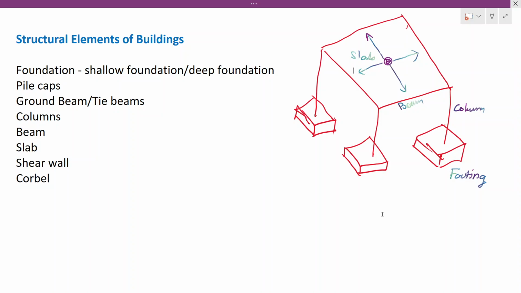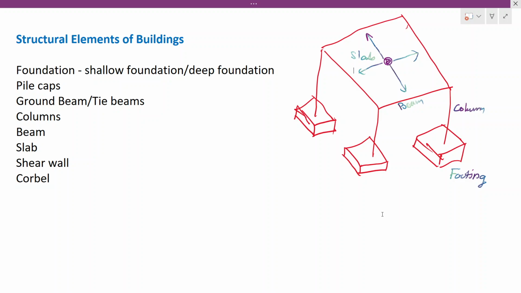Today we are going to discuss the structural elements of the building. This is a basic presentation on the structural elements of a structure. We are not going to discuss in detail. This is an introductory presentation on structural elements. We discuss the basic elements in a structure that are used to support the loads exerted on that structure. Right, let's start. Now you can see there is a list of structure elements on your left hand side in the screen,